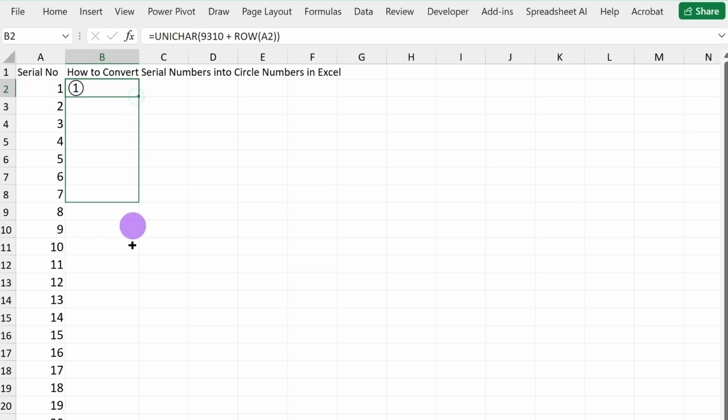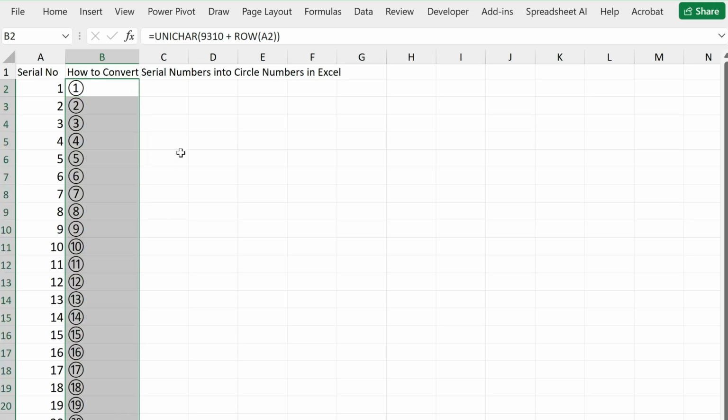You just need to drag it and apply the formula to the other numbers. And here it is. This is a matter of only 20 seconds. So this way you can easily convert serial number into